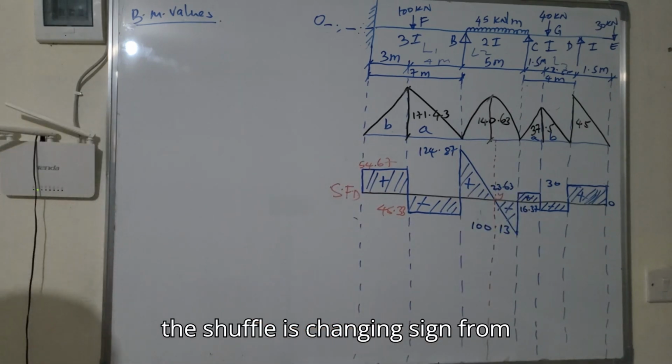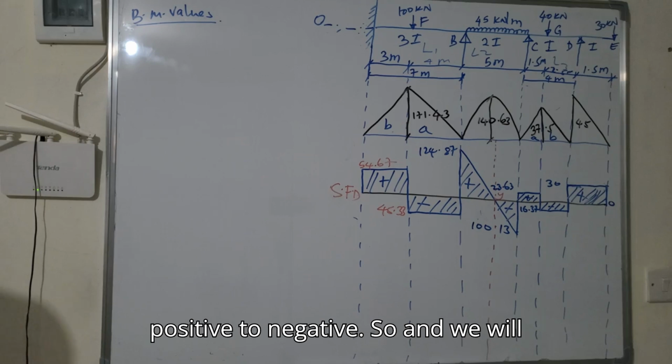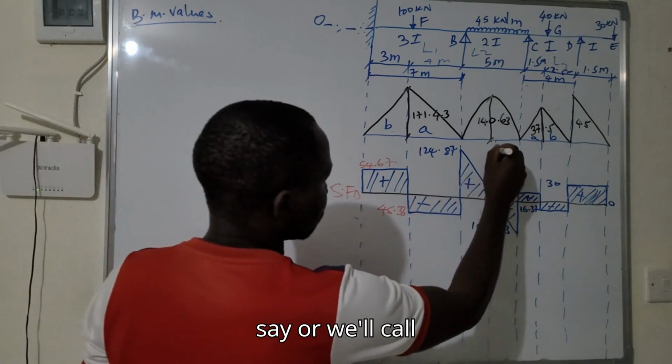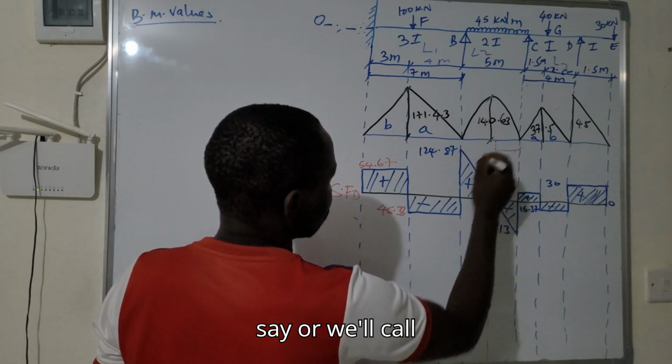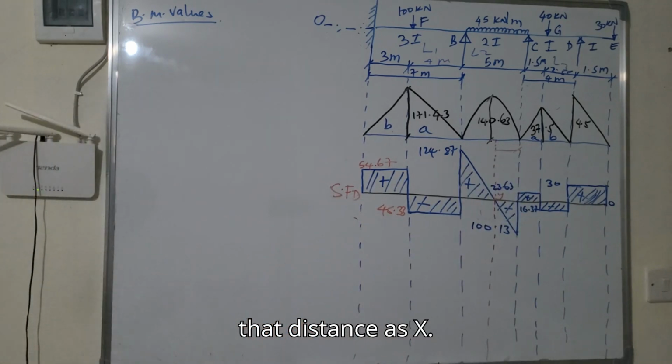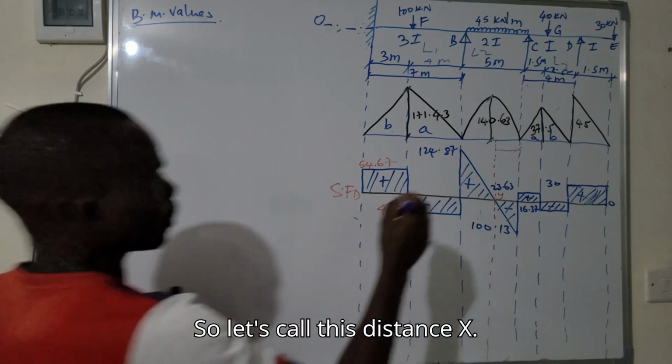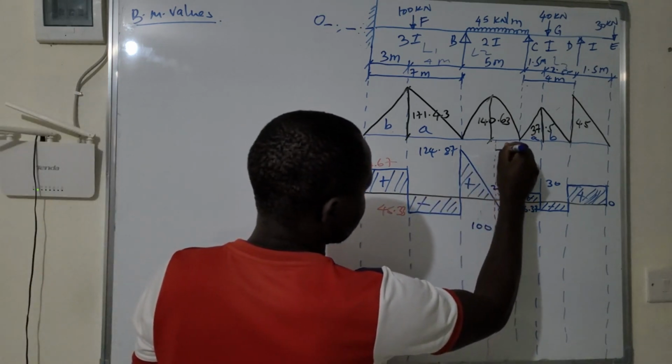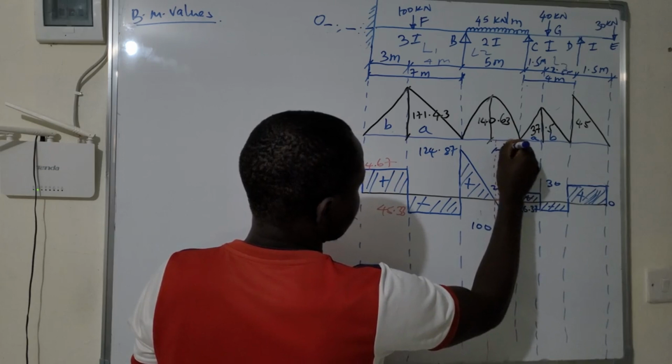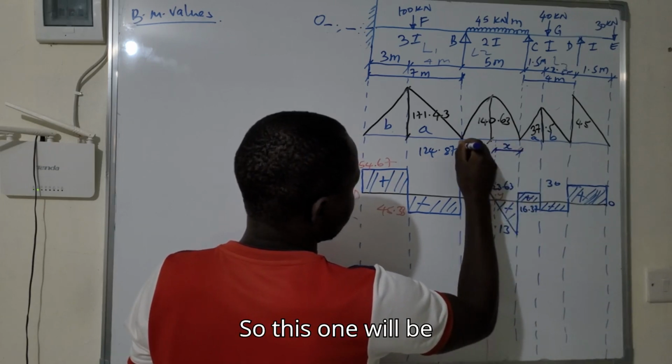So the shear force is changing sign from positive to negative. We'll call that distance x. So let's call this distance x. So this one will be